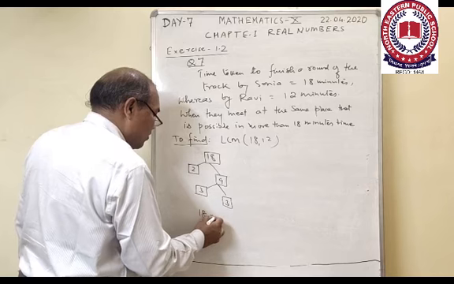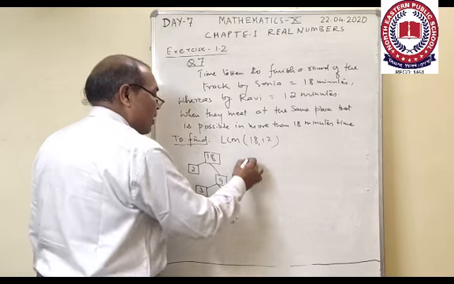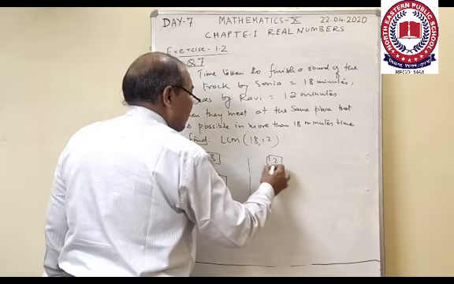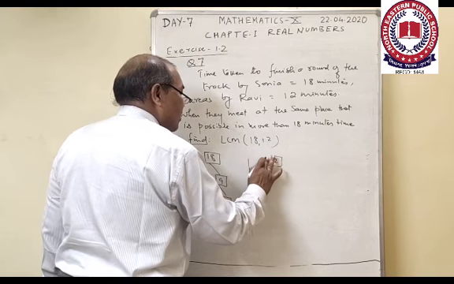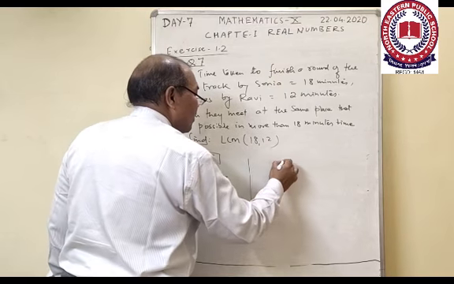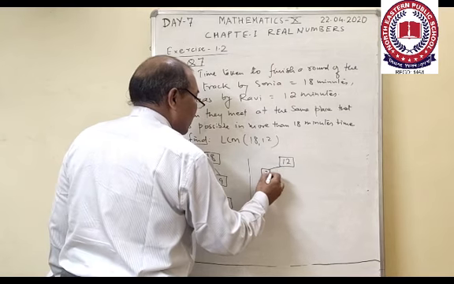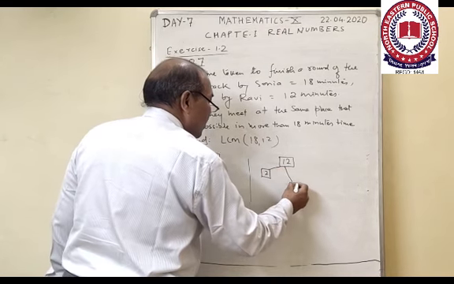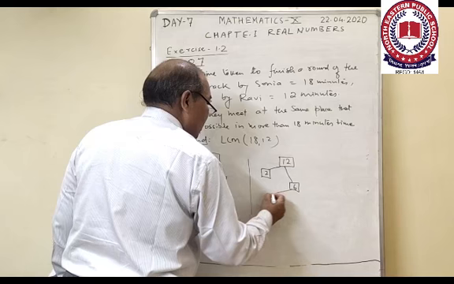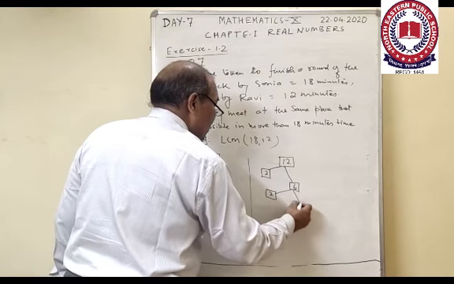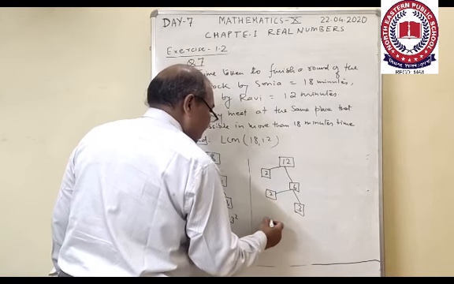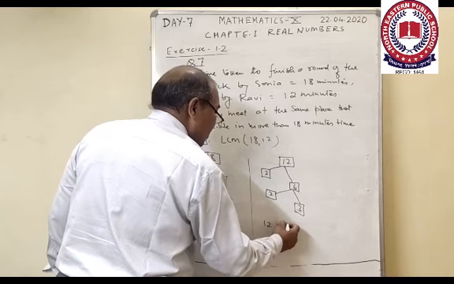So 18 has factors 2 into 3 square. Likewise 12 is another number whose prime factors, first prime factor will be 2, as it is an even number which divides 6 times, 6 is again an even number, so 2 is again another prime factor, dividing 3 times, and therefore 12 can be written as 2